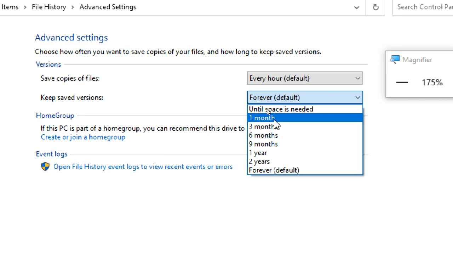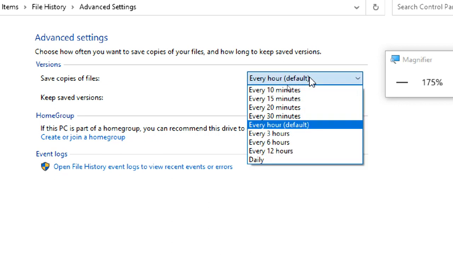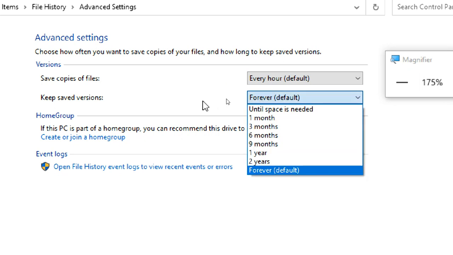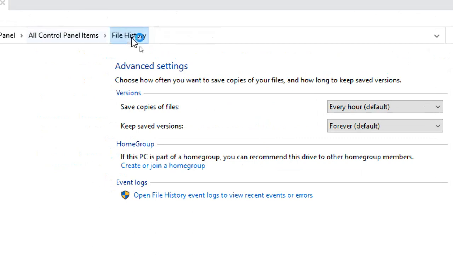So there are two options. How often you want to take the backup? Every 10 minutes, 15 minutes, 20 minutes, 30 minutes, 1 hour, 3 hours, 6 hours, 12 hours, or daily. It depends upon your situation and the importance of the backup. And how long you want to save the data in your external location. That is this one.